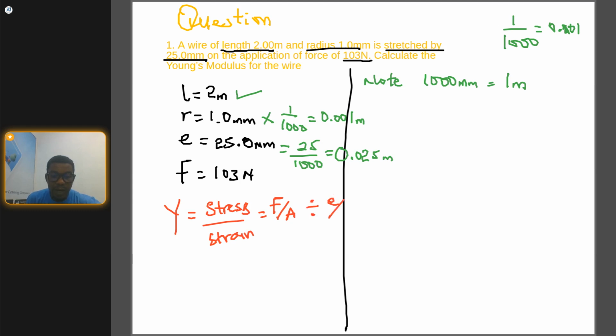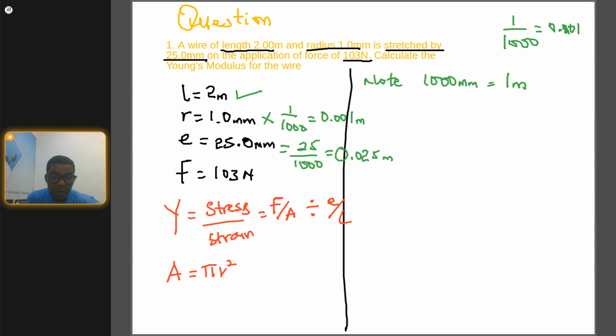That is the same thing as saying stress is F over A, divided by strain, which is e over L. Now, if you check everything that you have been given, there's no area. We don't have area in the question. So I need to source for area. How will I do that? Area has to do with the circular shape of the wire. So the area is pi r squared,